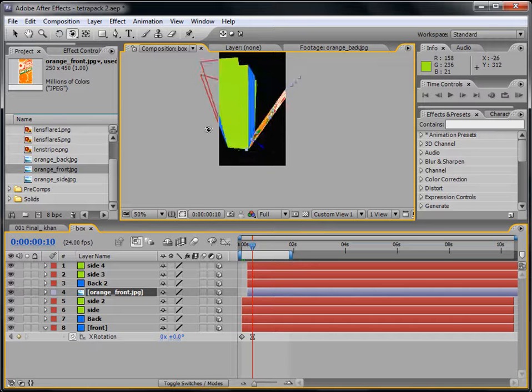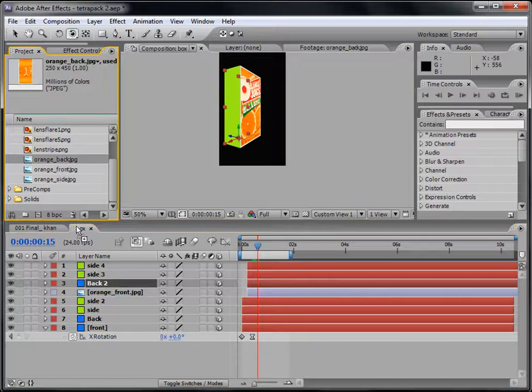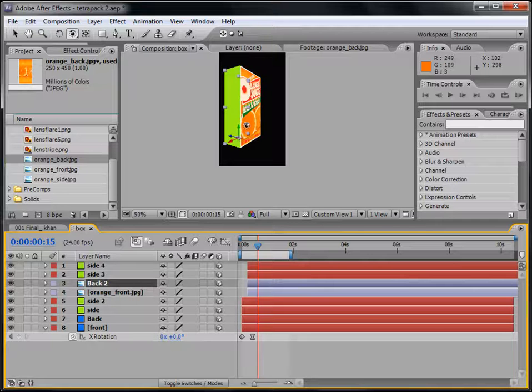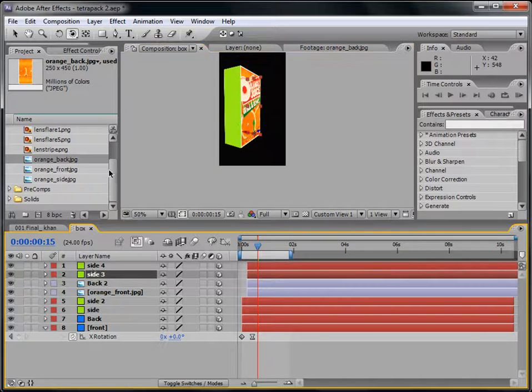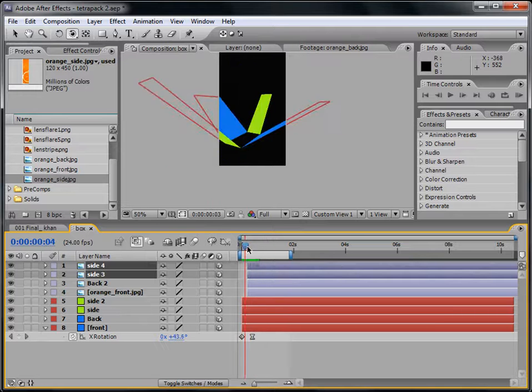Press C if you can't see it, and then move it, as you can see. And then the back, you do the same: press Alt, select back, and drag and drop on top of the back, as you can see. And then sides, select both the sides because the sides are similar, press Alt and drop on top. So now as you can see, the animation is forming,